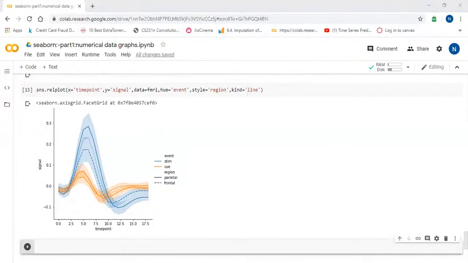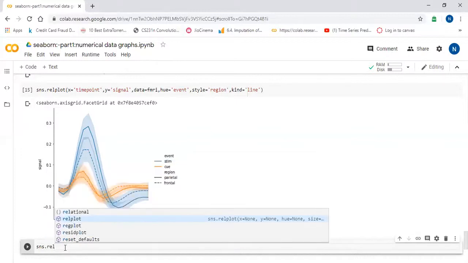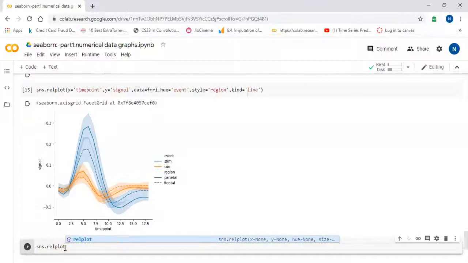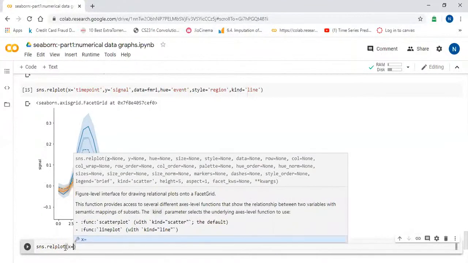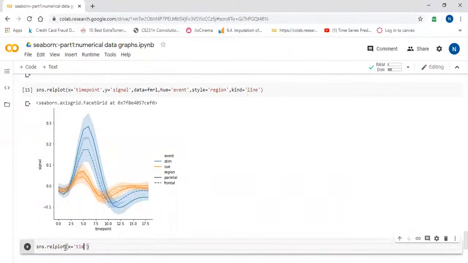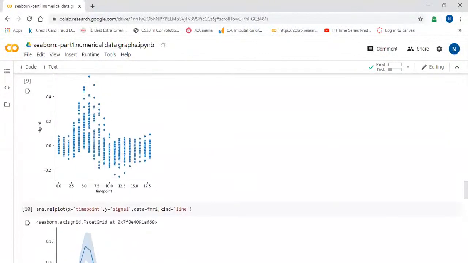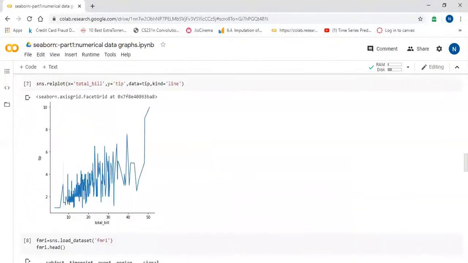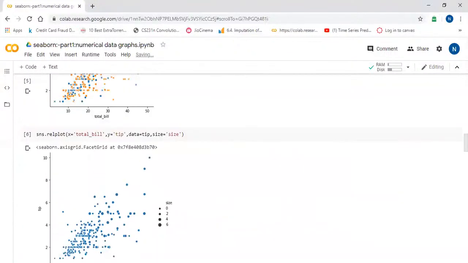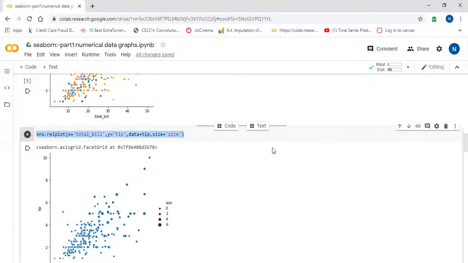Now we have one more parameter, which is the column. We can actually create multiple graphs based on that column parameter. I will show you that for the tips data set. Relational plot, x is equal to total bill, y is equal to tip, and size.